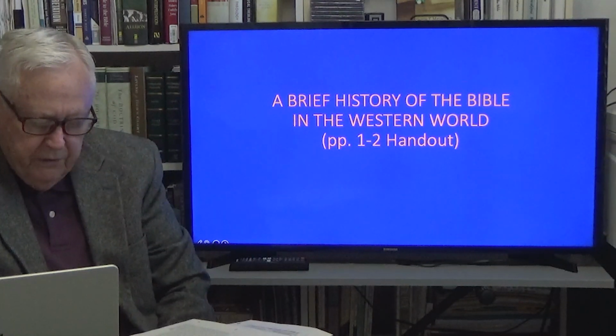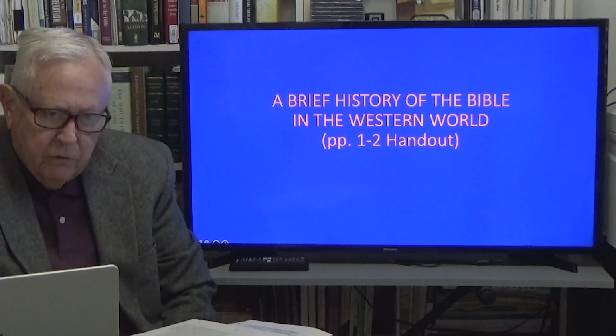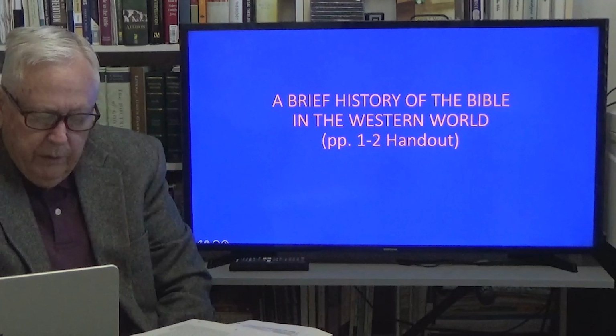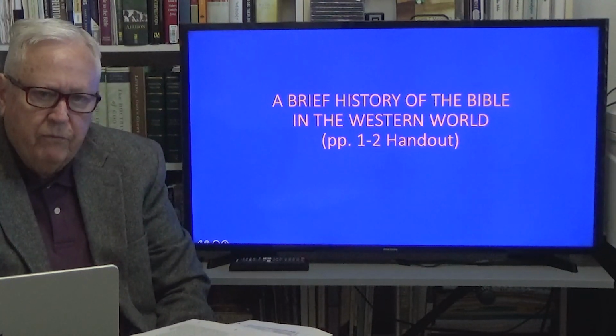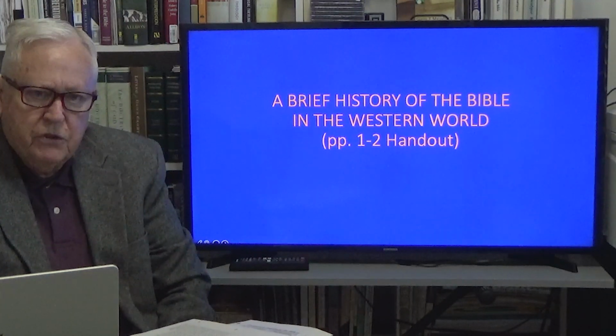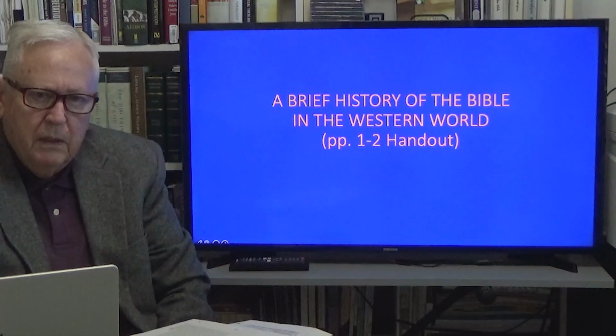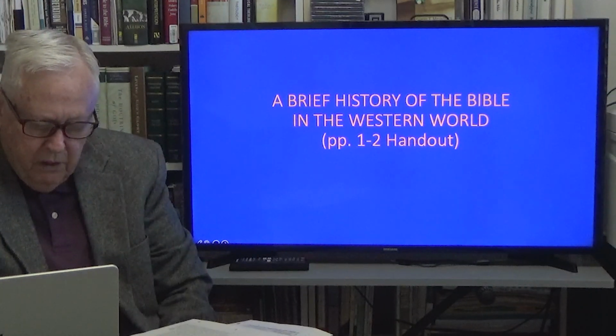About 3,000 of these are Greek manuscripts from the Bible, and the other 2,200 or so are what we call Greek lectionaries. It'd be like the back of a hymnal, if you still have one of those, that you have Bible readings. And the lectionary had readings out of the Bible, but not necessarily the whole Bible, but they are still in the strain of witnesses to the scriptures themselves.